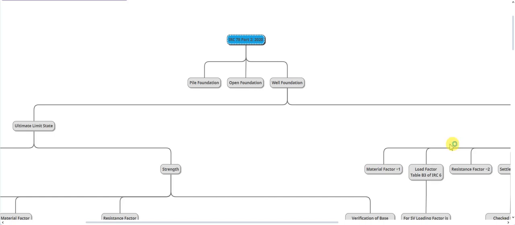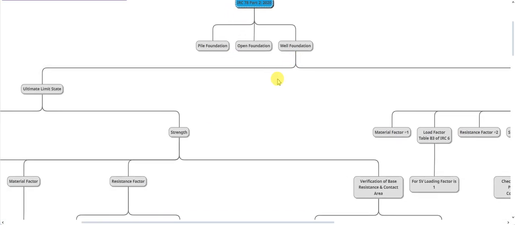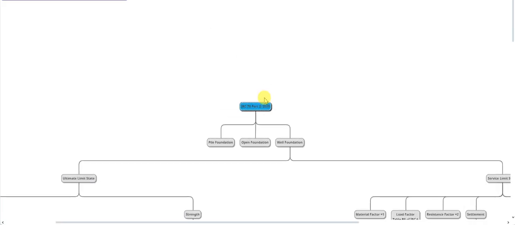We'll continue our discussion on IRC 78 Part 2, the limit state method for design of foundation. This will be the last video of this series in which we'll cover the well foundations. We have already discussed the pile foundation and the open foundation. So let's get started. If you can see, we have well foundation, and in well foundation, if we zoom